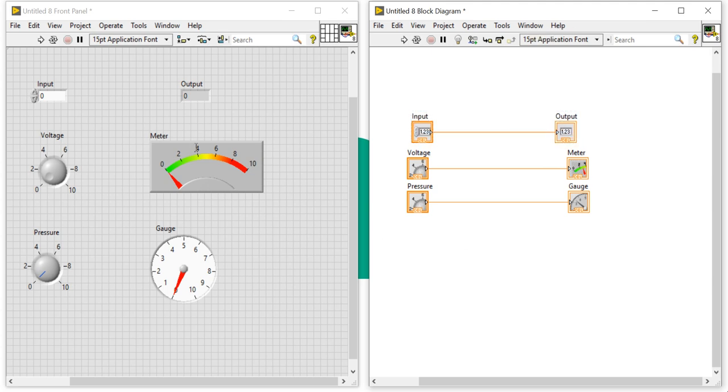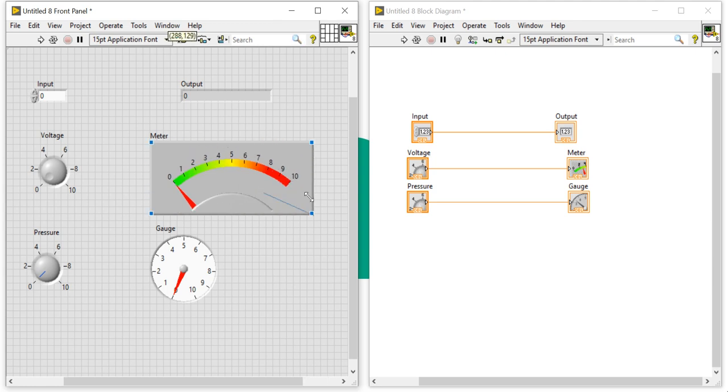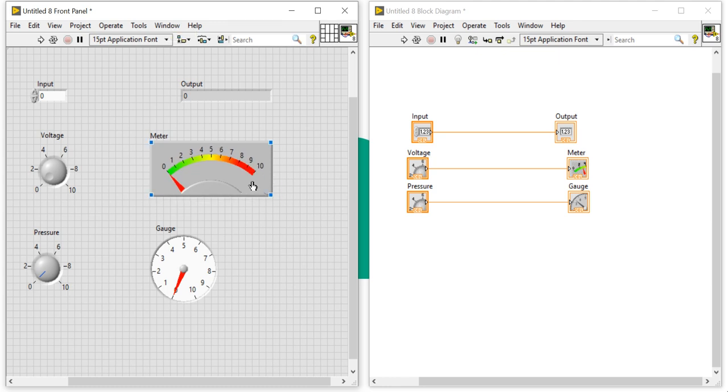Either I can display the meter value using these basic indicators, but if I want to display in terms of analog, or you can say I want to display in the meter, so I can use this meter object. In LabVIEW we call it an object. It is a numeric object, numeric control object, numeric indicator object. It will give you the same analogous view as your real-time system.